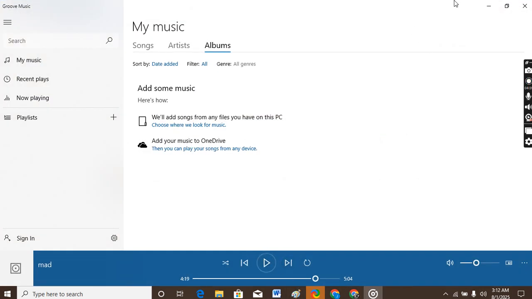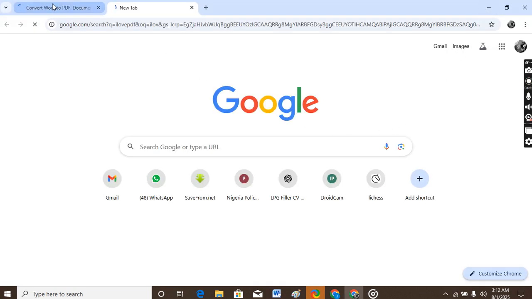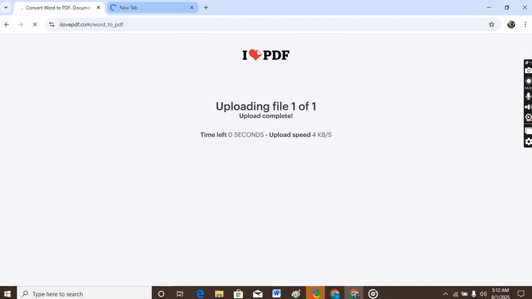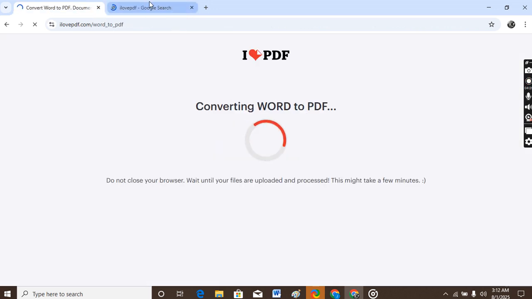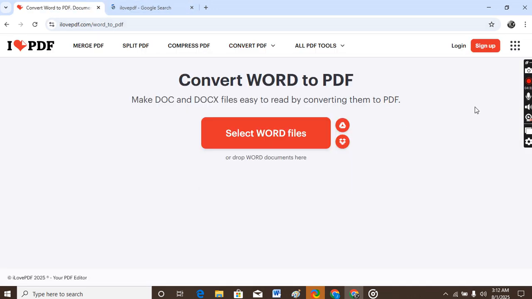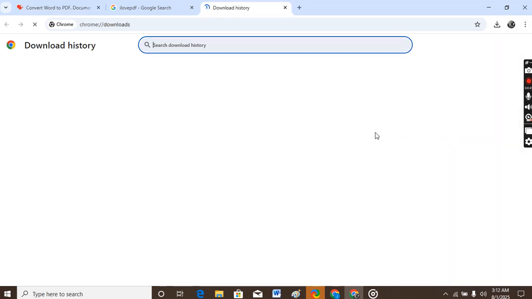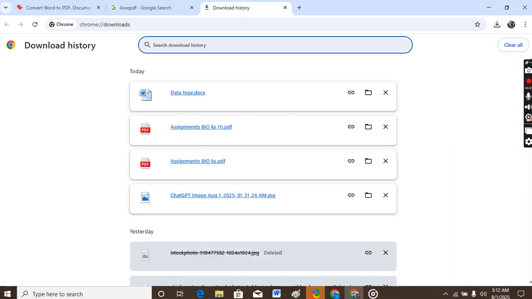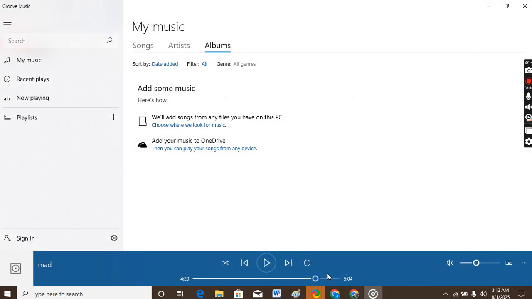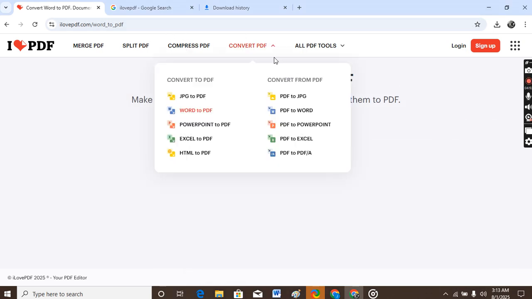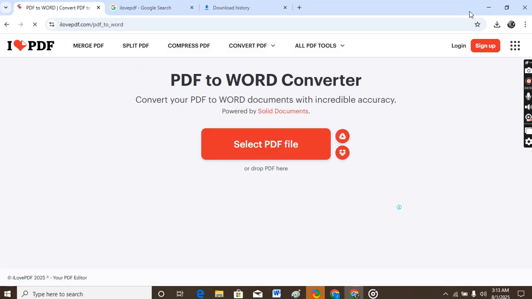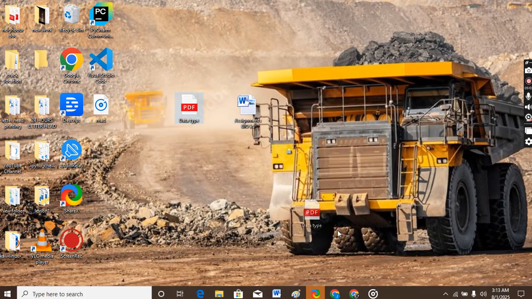I'll take the PDF, then I'll go to the link, and then I'll drop it here, and then it's going to process. You can see convert, and then it's going to